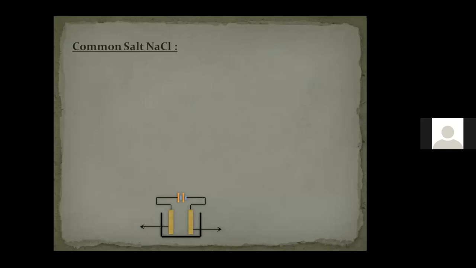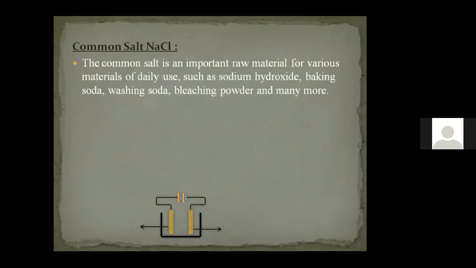So we all know from where we get sodium chloride, correct? What is the main source of sodium chloride? From where will we get salt? Seawater. Seawater has so many minerals in it, or so many kinds of salt in it. From that we extract only the common salt, that is sodium chloride. So how can we obtain the common salt?